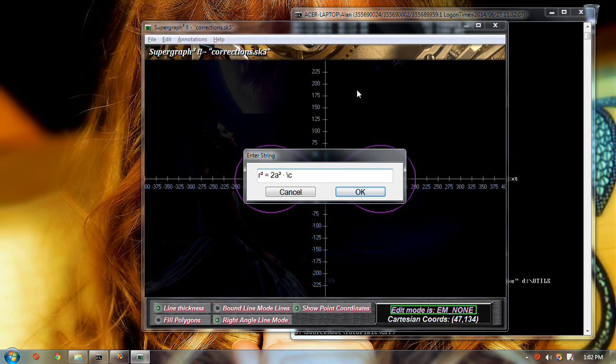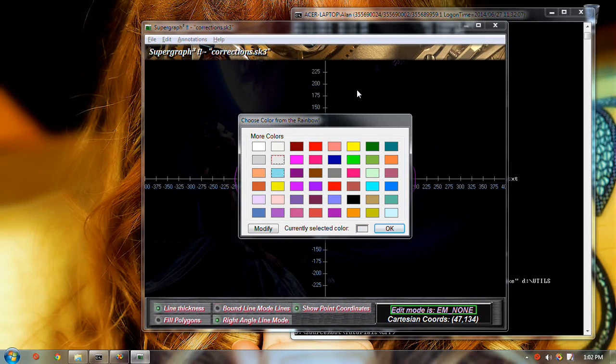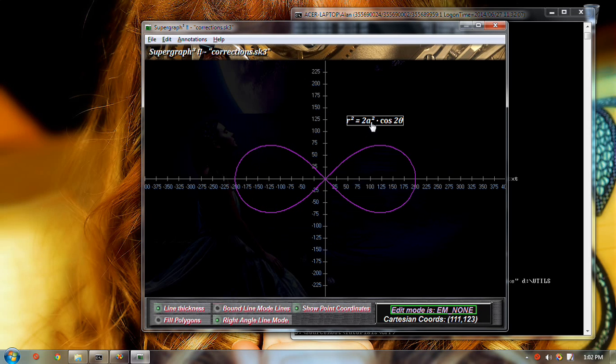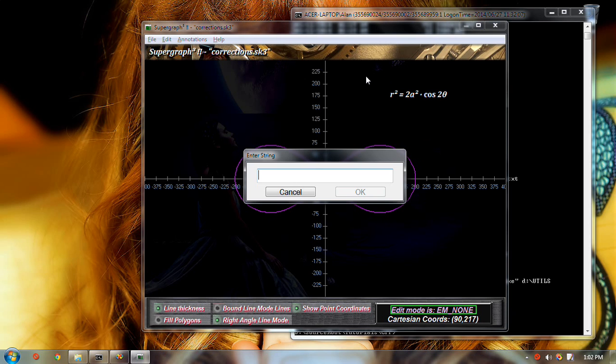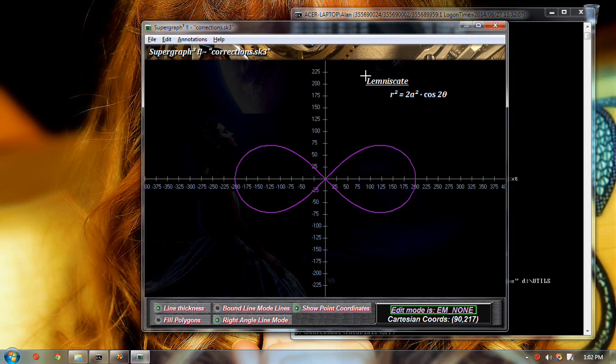Oh, and here's another thing. One of the things I wanted was to turn off the italics. So I have a thing, it's the same format that you would use to turn on italics, but it turns them off. And this thing here is called a lemniscate. And this is the polar form for it. So if you solve that, then you have to take a square root, and you get